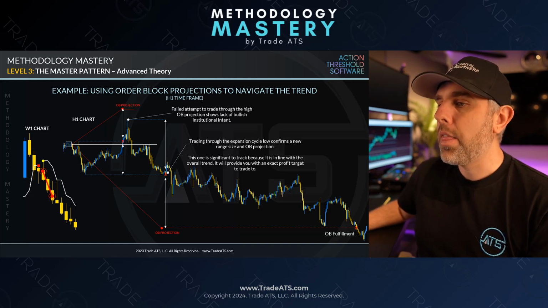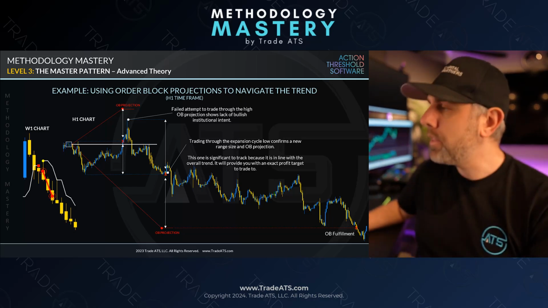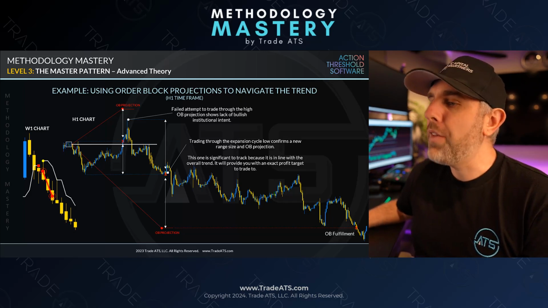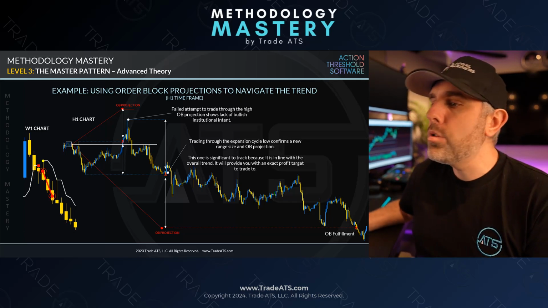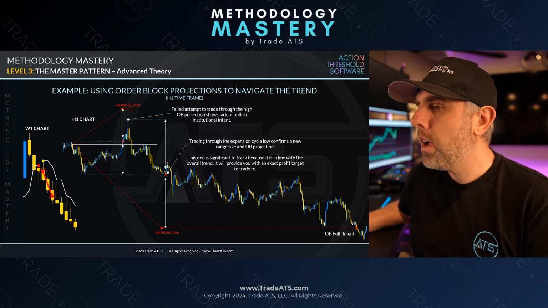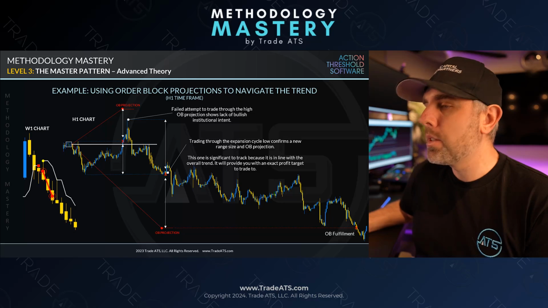And that is their playground. That's the bank's playground. They set that exact high. They set the exact lows. You've got to bet on the fact that their distribution has got to go at least 100% of the confirmed range size. And usually it'll go many times the confirmed range size.